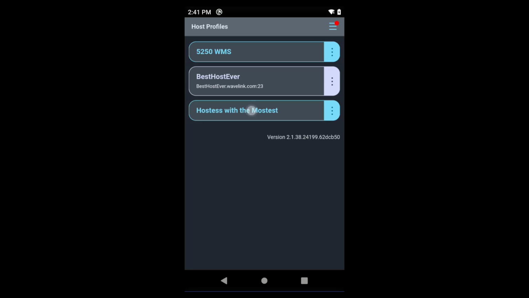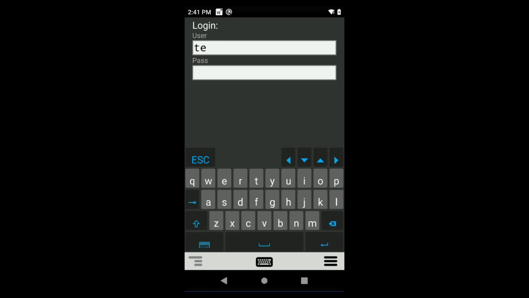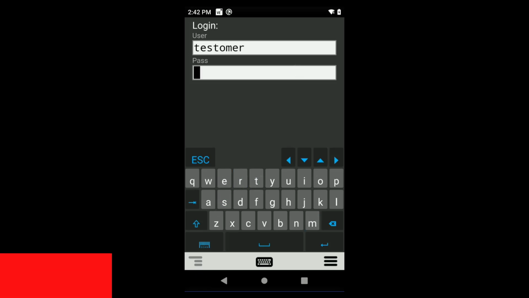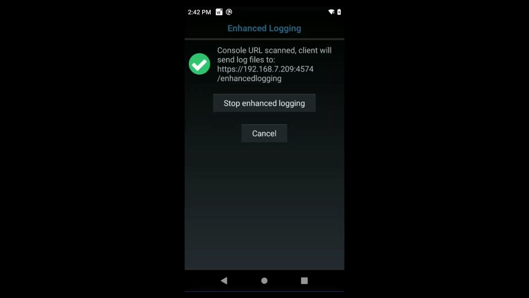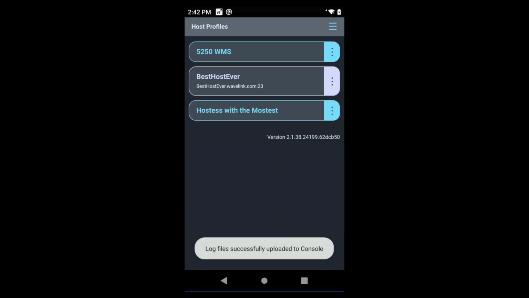While logging is turned on, perform the action that you want logging for. When you're ready to turn off logging and review the log files, tap Menu, Enhanced Logging, Stop Enhanced Logging. The client turns off debug logging, zips the log files up, sends them to the console, and the red notification dot disappears. If the client can't contact the server, it will show a message and save the files locally, but